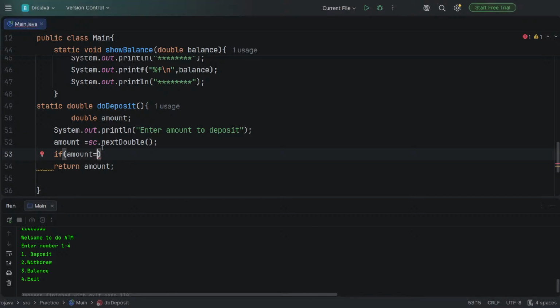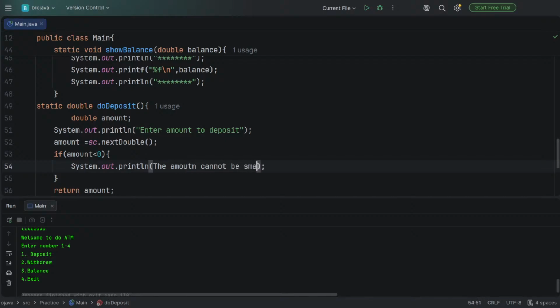Let's do a test run. If amount is smaller than 0, then write out the amount cannot be smaller than